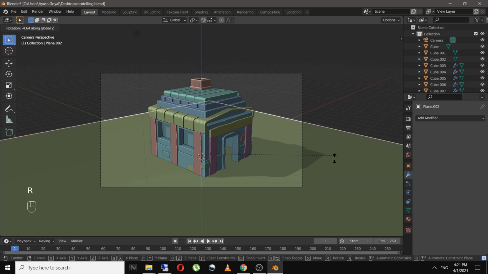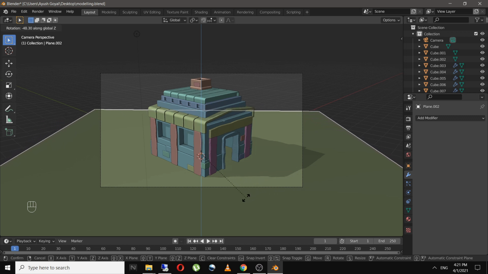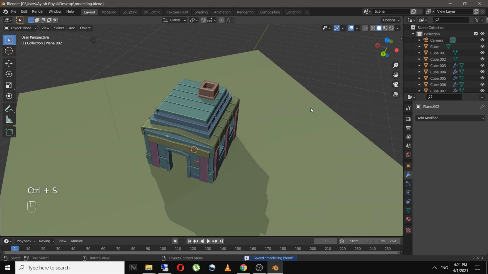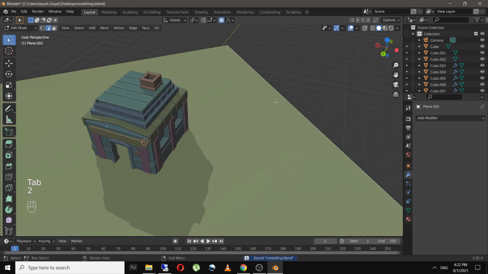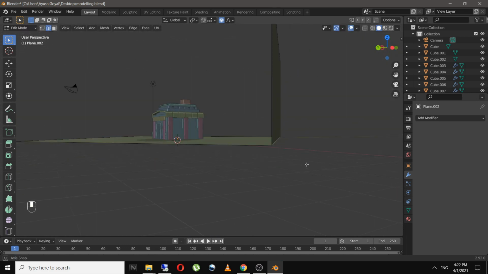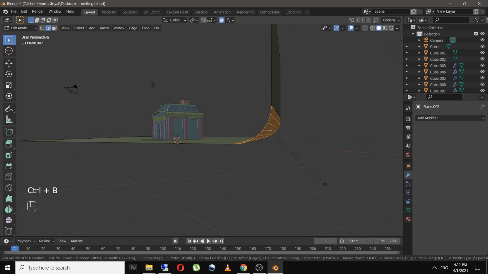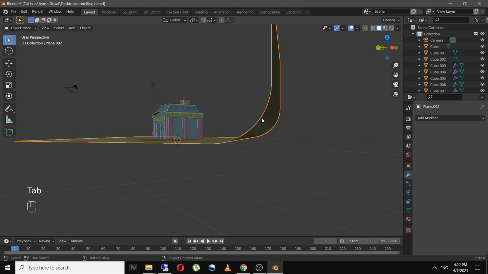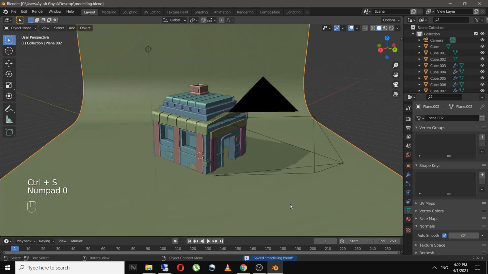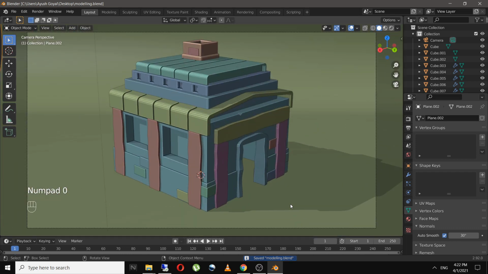And I will rotate the plane over here so that my camera angle is parallel with this edge, and I will extrude it on the Z axis and bevel it to get the infinite background. Shade it smooth, go here and auto smooth, and this looks nice now. Let's start adding in the materials.